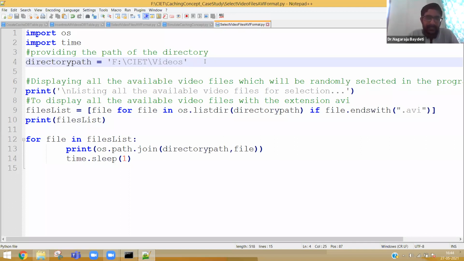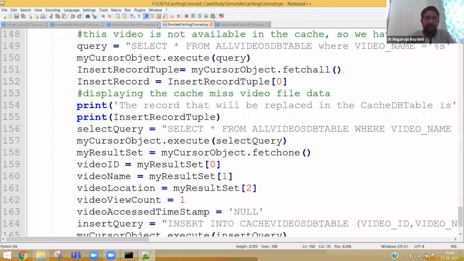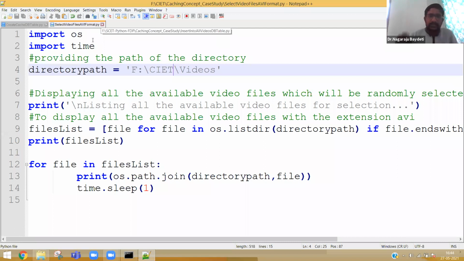In case you have other extensions, you just need to add some lines in the code. Now, what is this file which I have opened? This particular program selects the video files with .avi format.